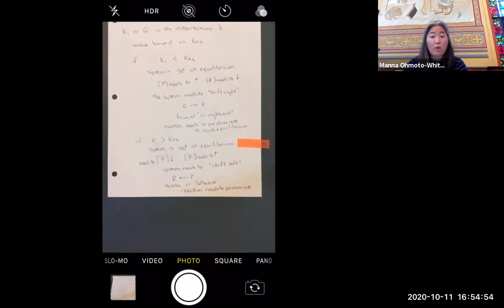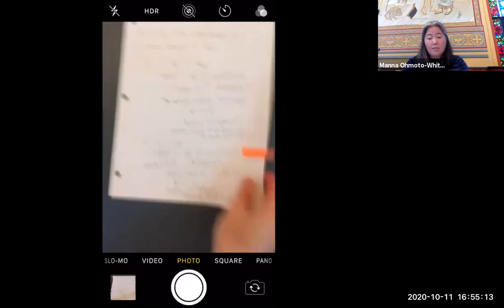So the shift right, shift left comes from the fact that we always write reactants on the left side and products on the right side. And so depending on whether I'm trying to make more products, shift right, or lose my products to create more reactants, shift left, that's where the terminology comes from. So here's our first example,